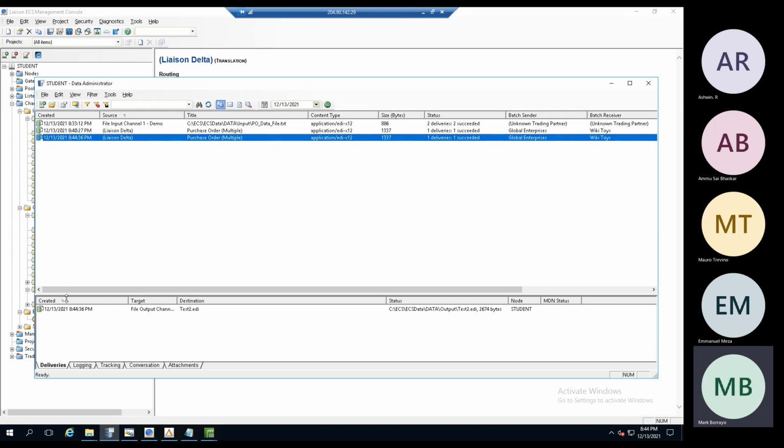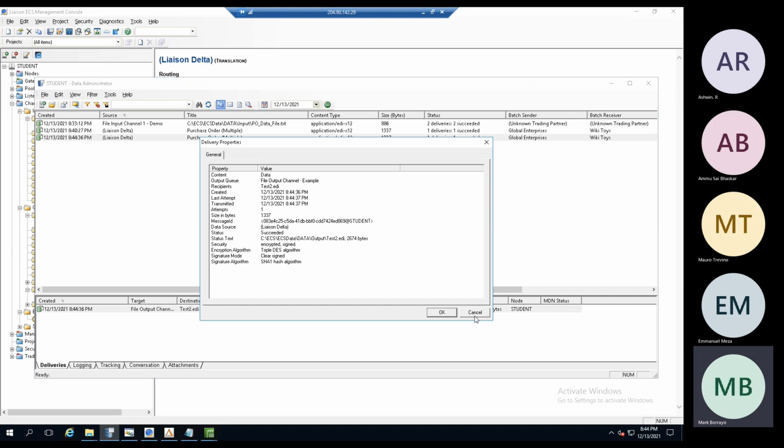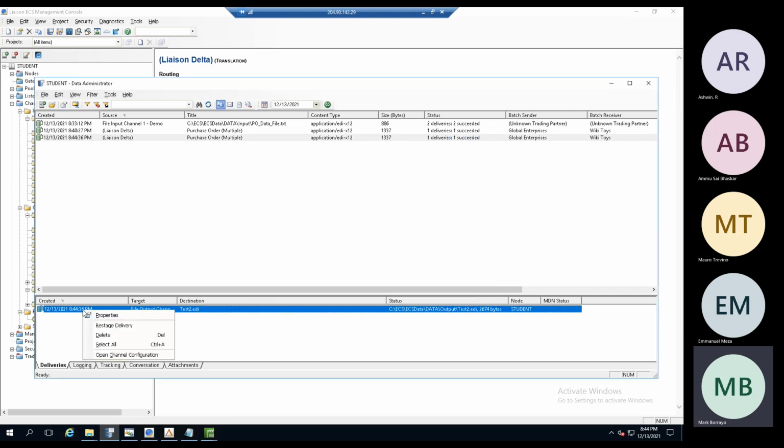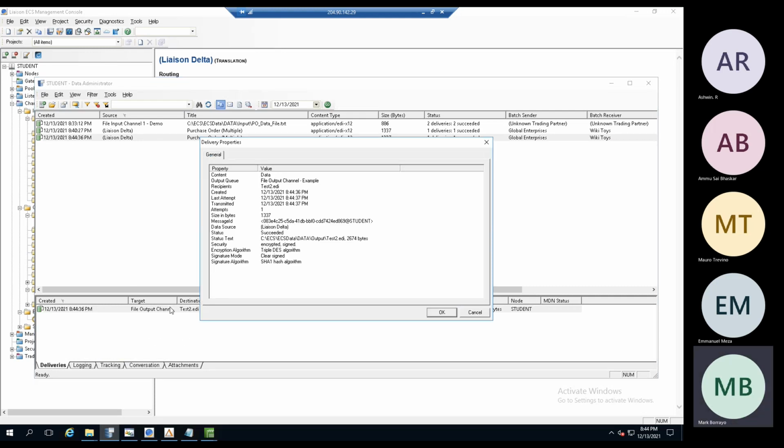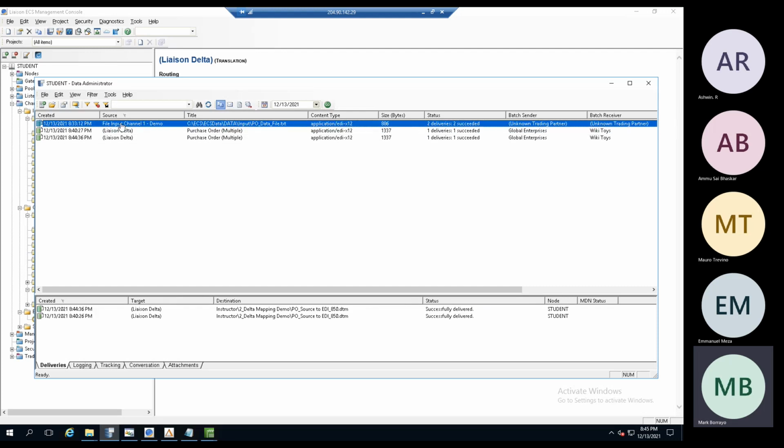But this time I'm going to go down below to deliveries, double click, and oops, what do I want to do? I think I want to go here. This is the output. So I'm sorry. If you go to the input channel, these are the results. So I'm going to go to where I started, input channel,